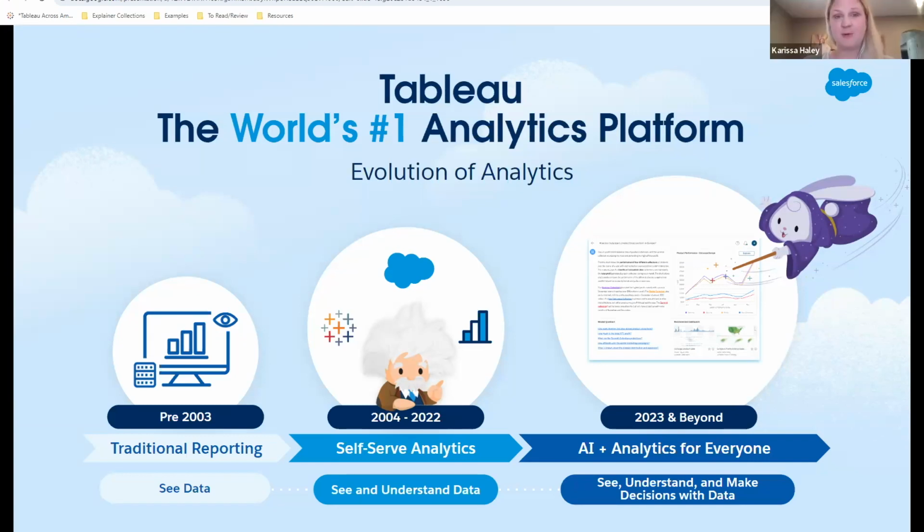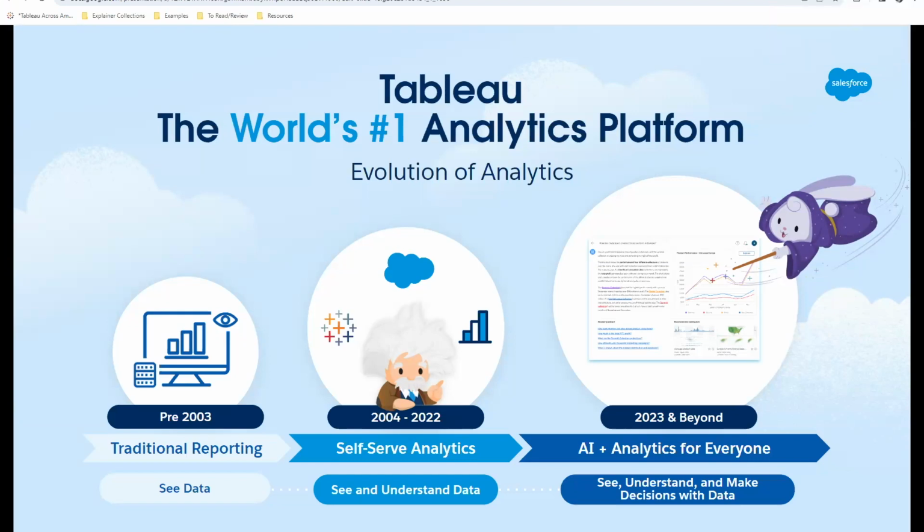So when Tableau came around, we really had this idea of self-service analytics. We want a platform that is easy for the standard business user to use. So this is where we came in. And yes, there may be some very advanced reporting that people might need to do, but to get answers and to really look into Tableau, it is a very easy to use platform that our main users are really those business analysts and people just looking to understand their business a little bit better.